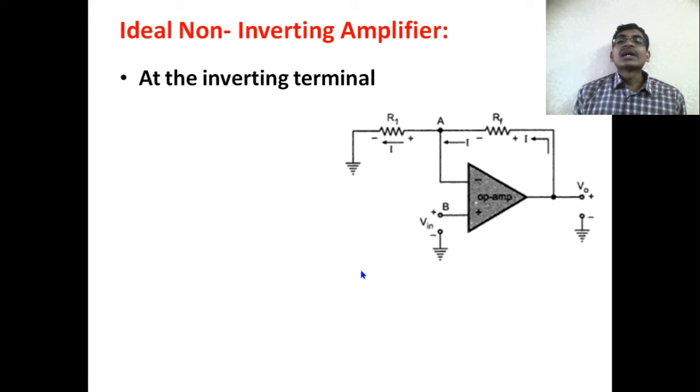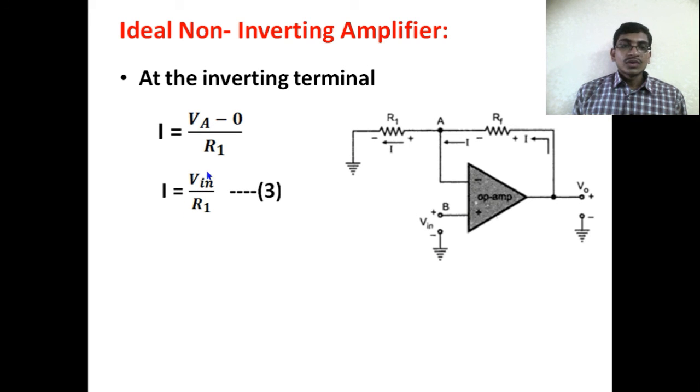Now, at the inverting terminal here, the entire current I is flowing in the R1 resistor only, because the input current for our op amp is 0. In the ideal case, the input current for the operational amplifier is 0. So that's why the I current equation can be written as VA minus V0 divided by R1. Why is it 0? Because on this side we are giving the R1 resistor to the ground terminal. Okay, therefore VA minus 0 by R1.